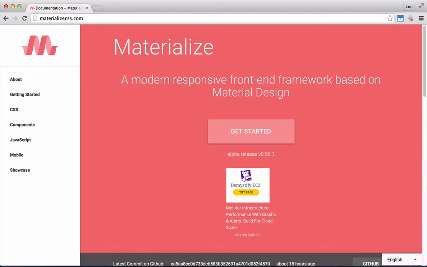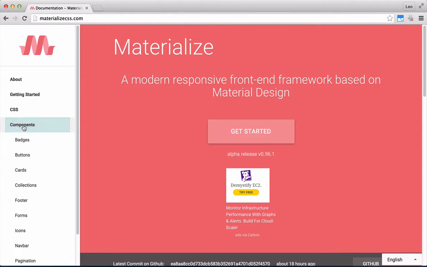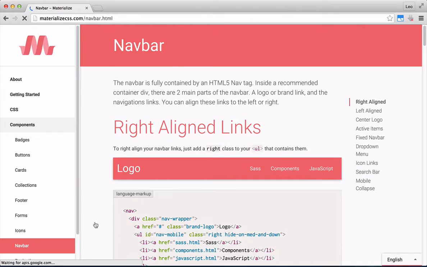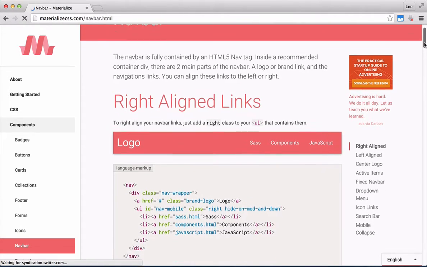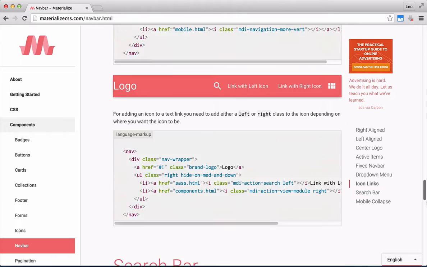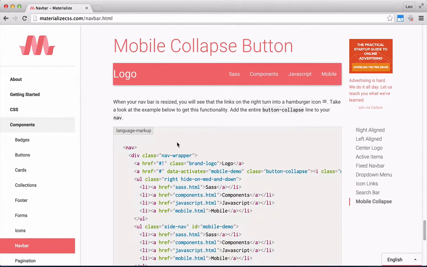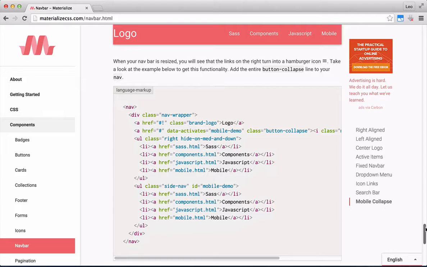I'm going to use Material Design, which is a front-end framework to build our user interface beautifully and quickly. I want to create a navbar for our application, so I'm going to this site. You can get the link here, and I'm going to the components, in the navbar, and scroll down and find... Alright, so here is the one I'm going to use, the mobile collapse button. So it's easy. All you need to do is just copy those